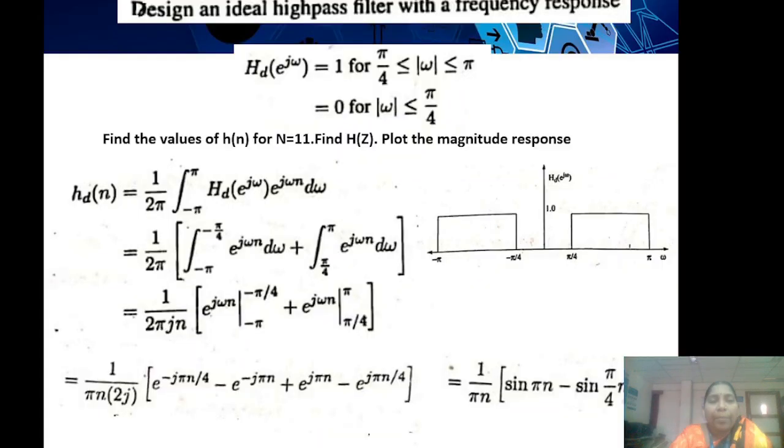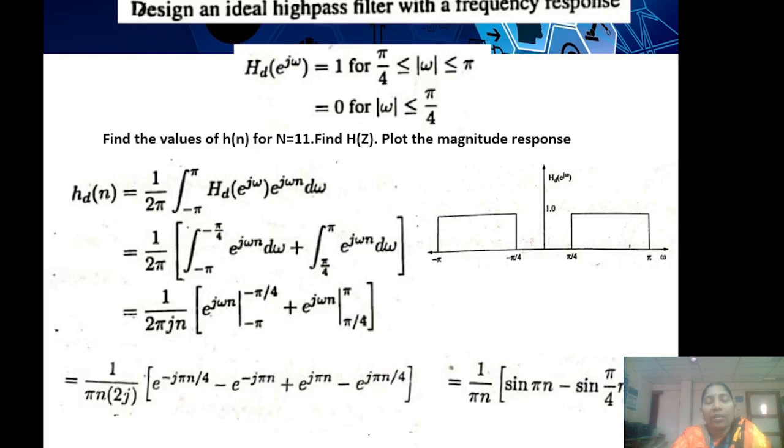So good morning. We are going to discuss the design of an ideal high pass filter with a frequency response given by Hd of e power j omega is 1 for modulus omega varies between pi by 4 to pi, and 0 for modulus of omega less than or equal to pi by 4. And we need to find out the values of h of n for capital N equal to 11 and plot